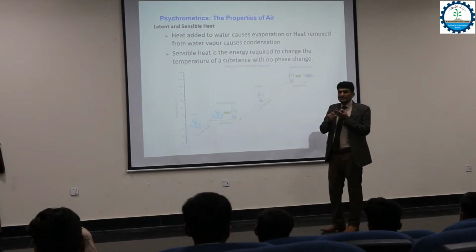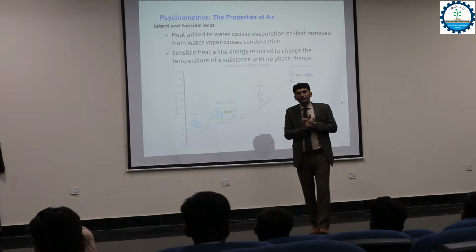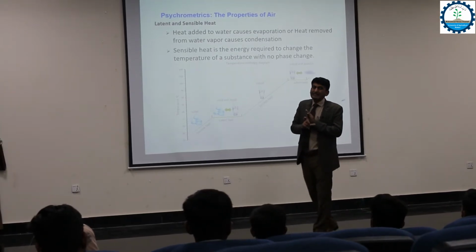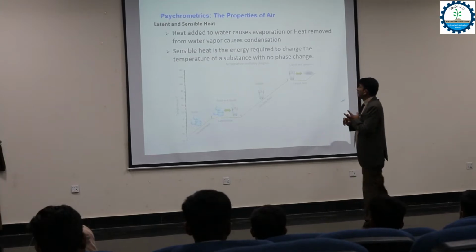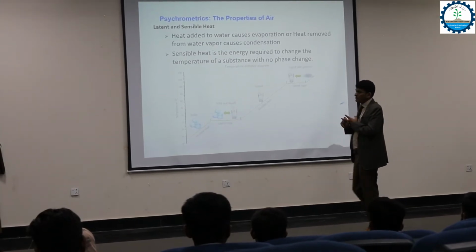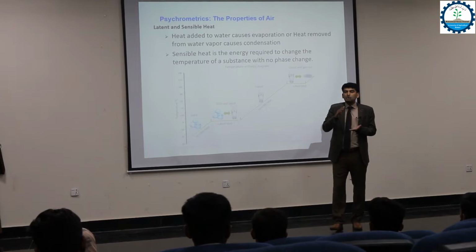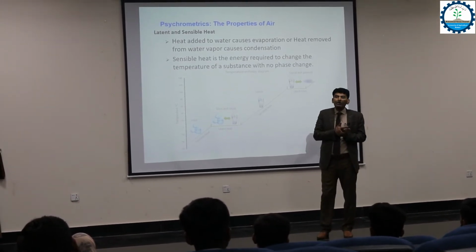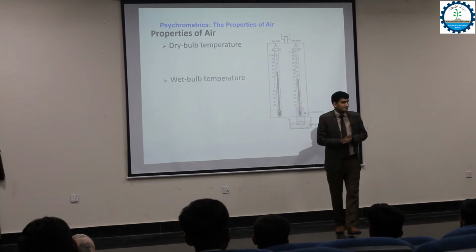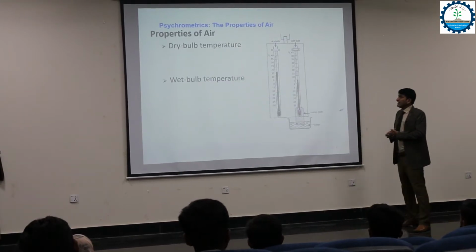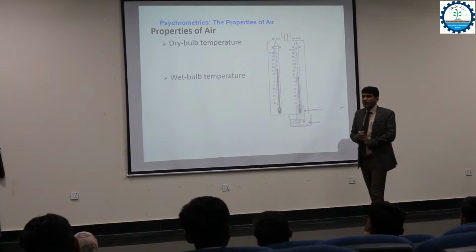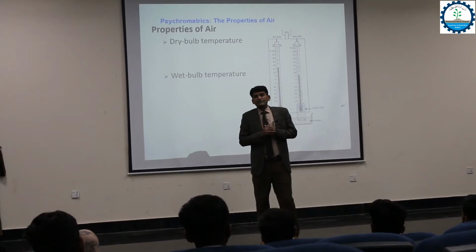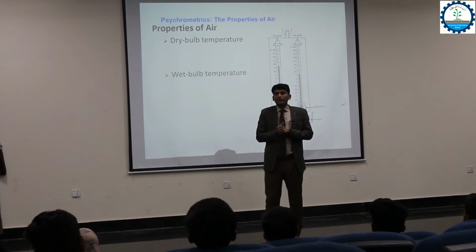That one is the sensible heat, which we can predict from our thermometers, and the second one is the latent heat, which is basically the change of phase of the material, which can be solid into liquid, or liquid into gaseous or vapor form, or vice versa. Okay. So after that, I want to discuss one by one all the parameters which we have to predict with